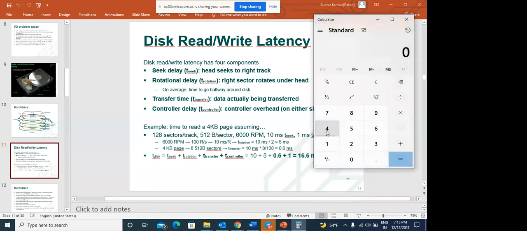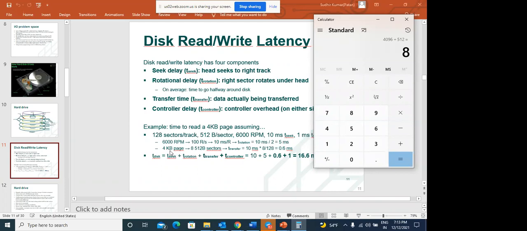Okay, so 4 KB into 1024, divided by 512, gives 8. Here you can see 8. Clear? Why has it come?